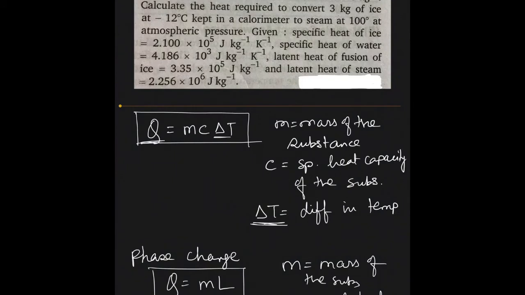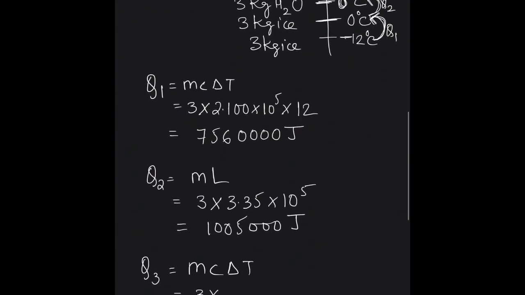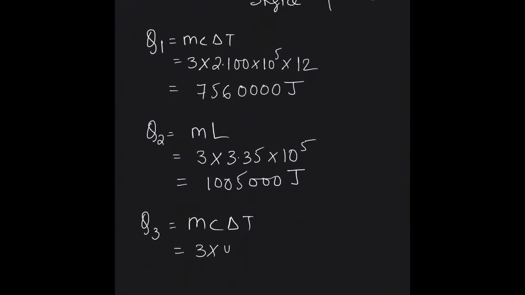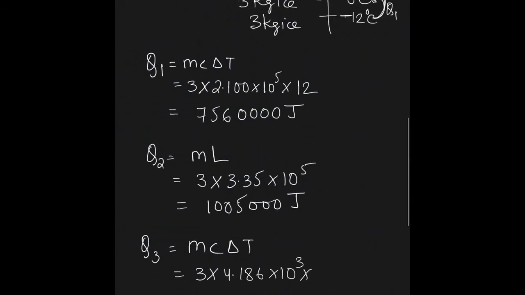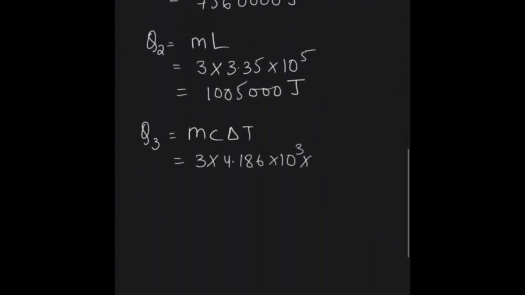Yes, specific heat of water is 4.186 into 10 to the power of 3, and the rise in temperature delta T for Q3, 0 to 100, so the delta T is 100. If you do this calculation, you will get